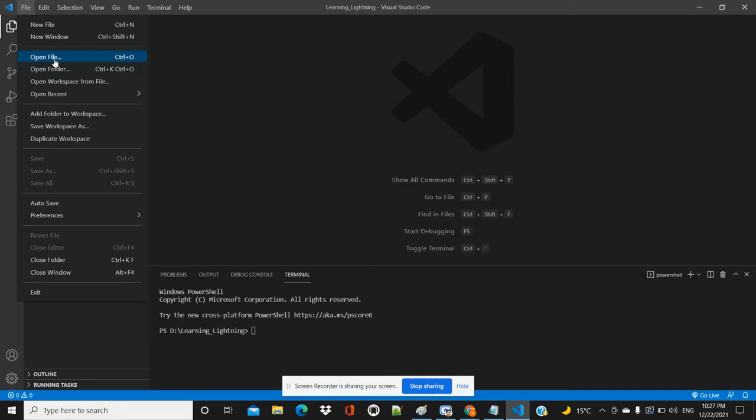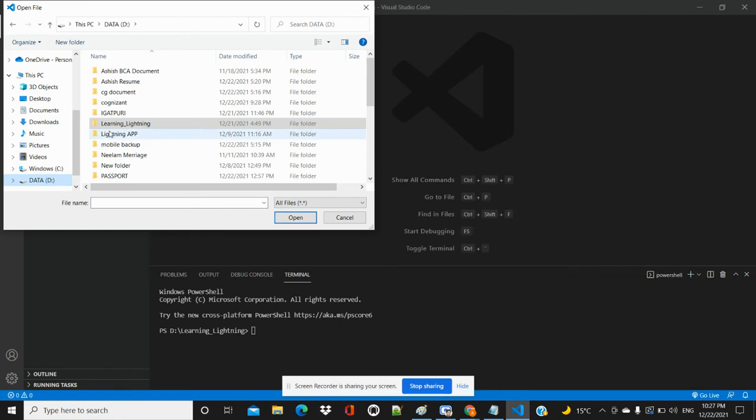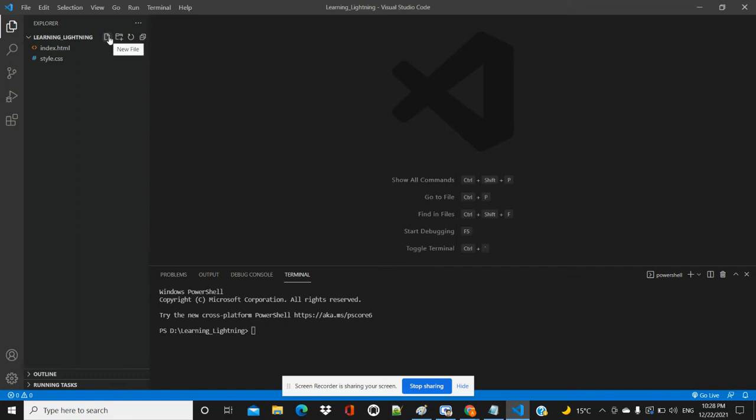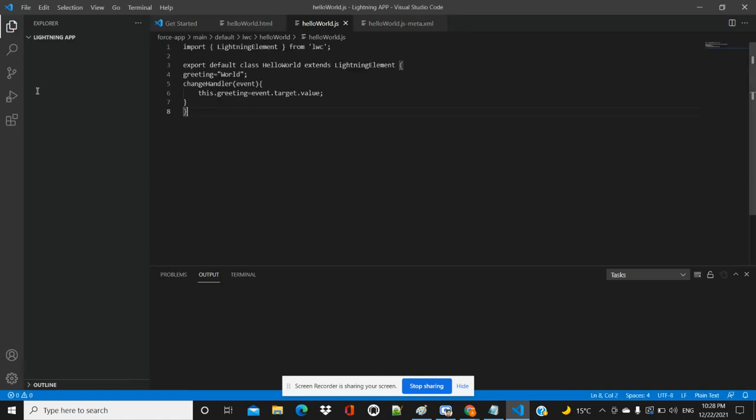We open the existing folder where we have already practiced, and we open the Lightning app. I already created the Lightning app, so now we are switching to the Lightning app.